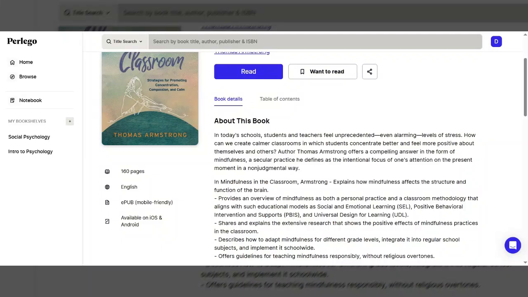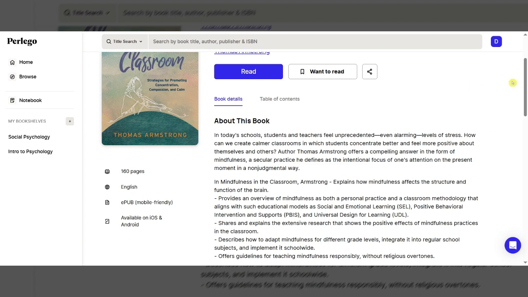This is a quick video to show you some of the accessibility features available in Perlego ebooks that might just make reading a book a bit more accessible and straightforward depending on your needs. So generally, Perlego is considered quite accessible and it has a lot of features that other ebook databases wouldn't have.